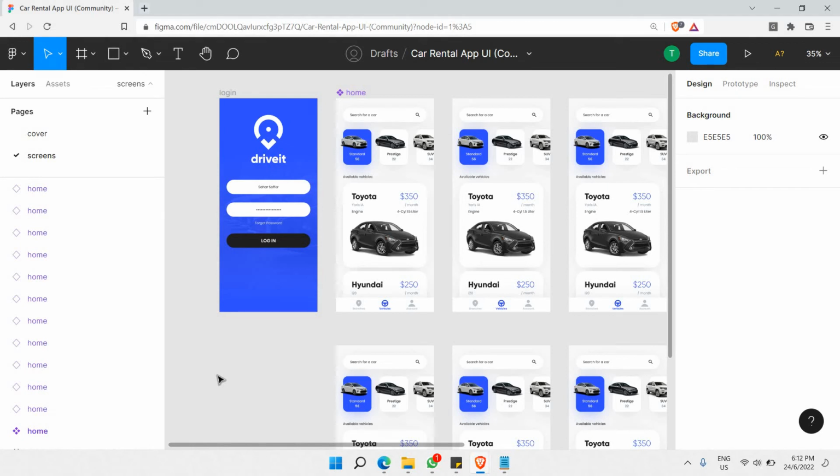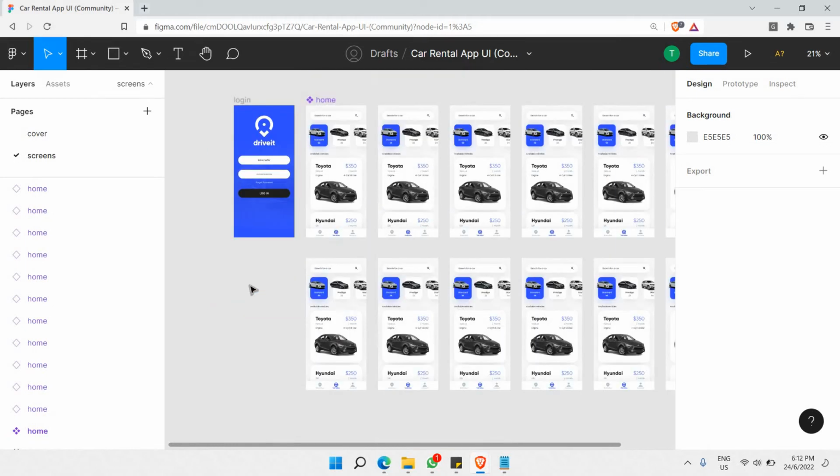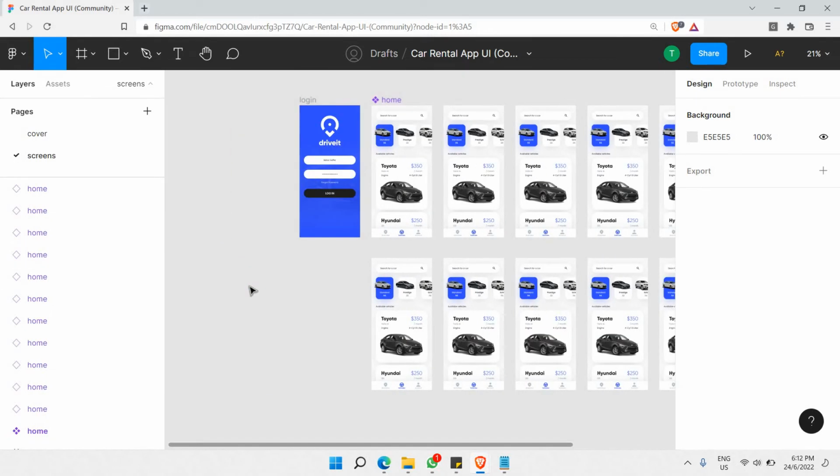Okay guys, so let's look at this particular example that I would like to share. As you can see here, this is a project of all the mobile app screens that you will be able to make once you have a project for yourself. This is something where we can utilize the whole idea of components, and I'll show you exactly how your progress and your tasks can be quickened,